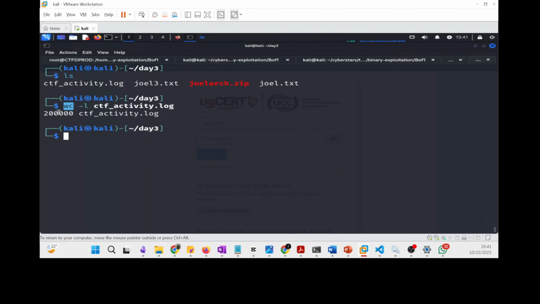It has 200,000 lines. I'm wondering, if you're a cybersecurity engineer and they told you to analyze this log file manually, would you do that? Of course, no. So what you do here is you have to use filters. And this now brings us to the interesting stuff, which is how to actually manipulate these files. So we have different